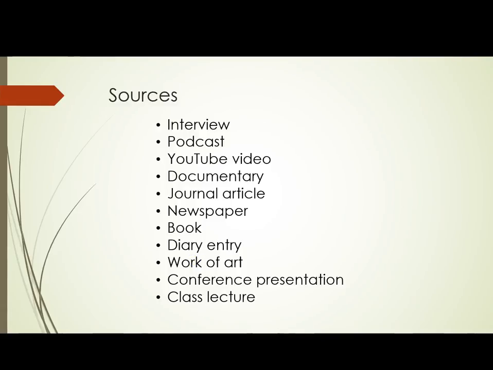So sources that you can use in an academic paper. Remember, you can use sources to support your claim and support your more reliable evidence. So sources you use don't all have to be super reliable. They can be biased because you're basing your commentary off of that. So you can analyze its bias, but you would still have to use it as a source. So be sure that you can name a few of these.